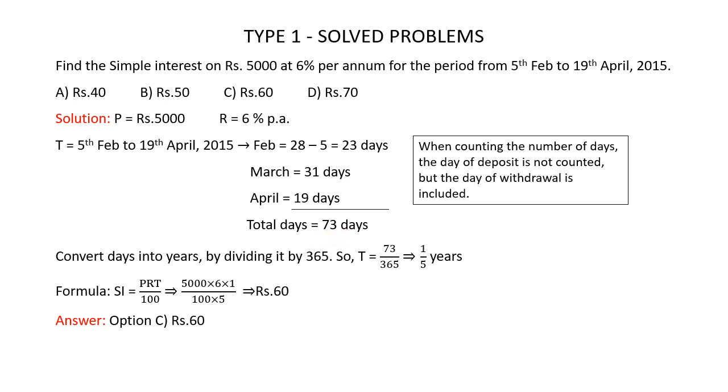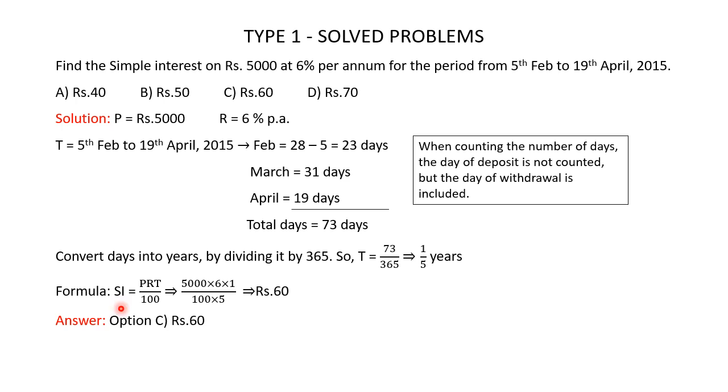Now convert days into years by dividing it by 365. So time is equal to 73 divided by 365, which is nothing but 1 by 5 year. So now you have P is 5,000, R is 6% and T is 1 by 5 year. So